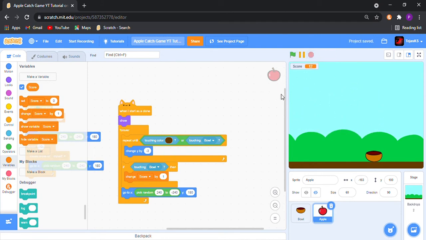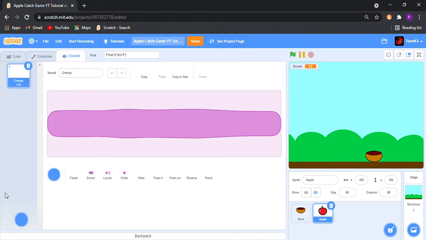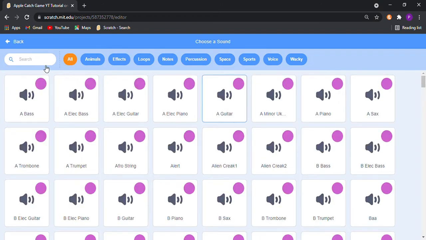And after this we can add one more thing in it, a sound. You can use any sound. I will be using pop.